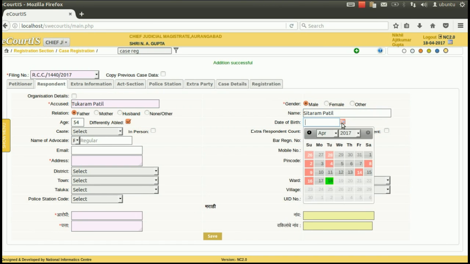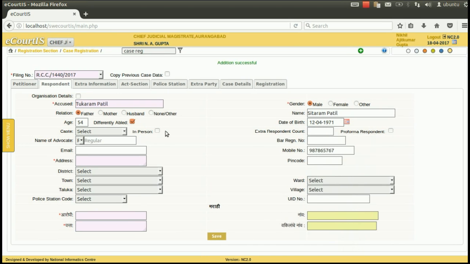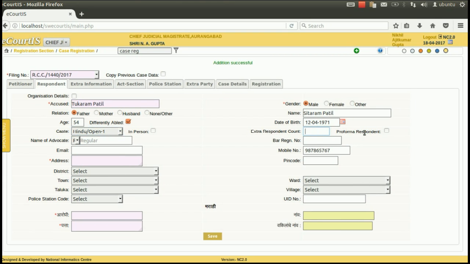His date of birth if available. His caste if available.